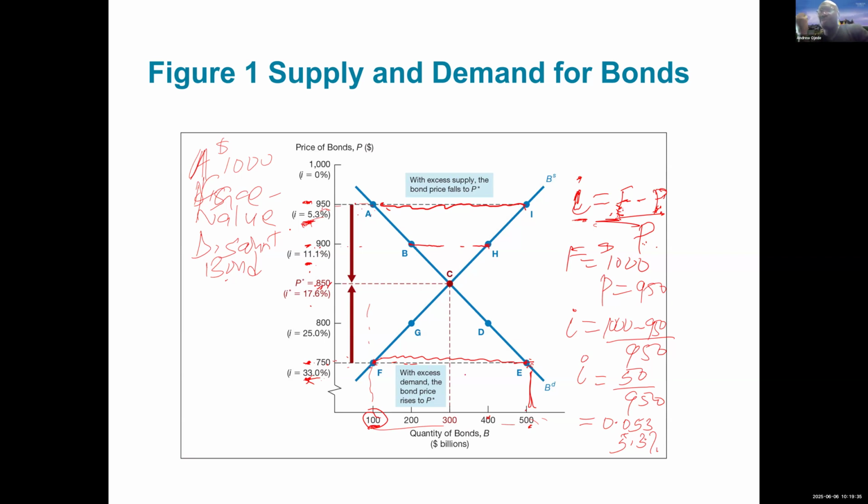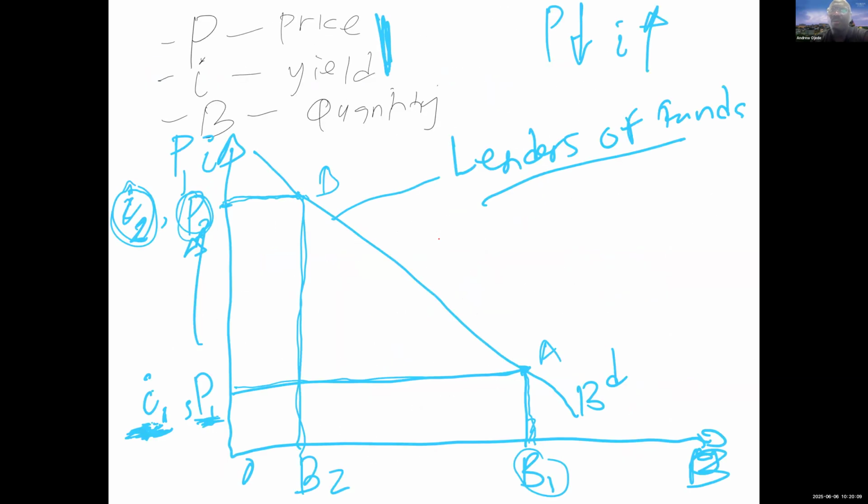And anytime there's a shortage of something in the marketplace, it forces market price to go up. So the price of bonds is going to rise. See the arrow pointing up, and so on and so forth. So that's what I introduced yesterday. So now, anytime you change the bond price or bond interest rate, you move along the supply curve or the demand curve. A change in the price or a change in the bond interest rate involves a movement along the demand and supply curve. But now let's talk about other factors that affect the bond market, which will shift the